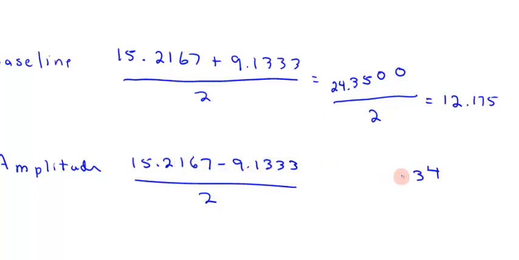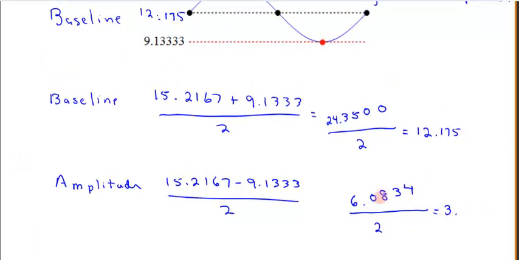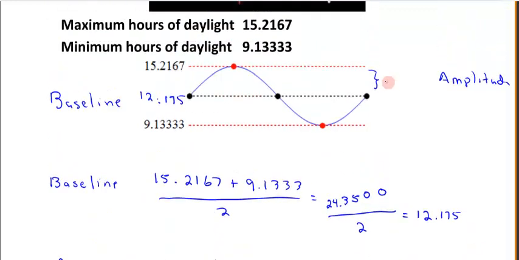minus 3 is 8. I've borrowed the 1 from the 2, so I have 1 left. 1 minus 1 is 0. And then 15 minus 9 is 6. So I have 6.0834. And then dividing by 2, well, 2 goes into 6 3 times. And then 2 goes into 0.08, 0.04 times. And then the 34, 17 times. So the amplitude is going to be 3.0417,